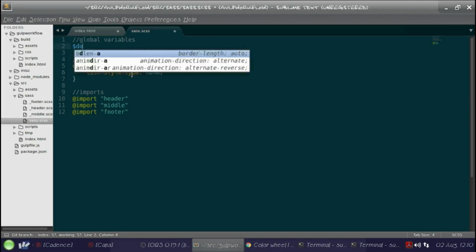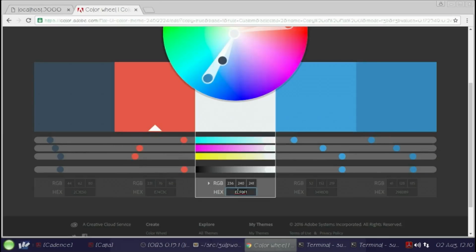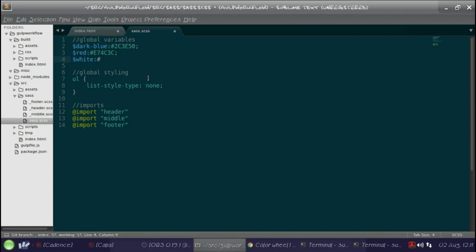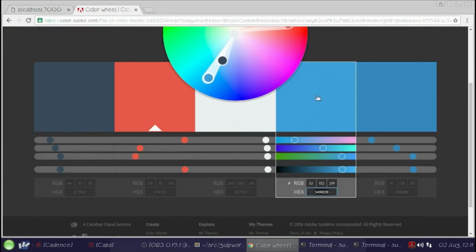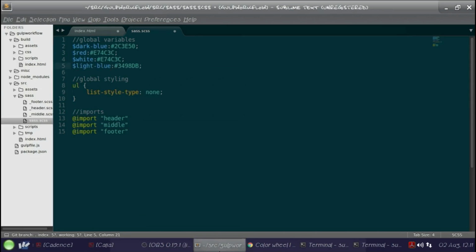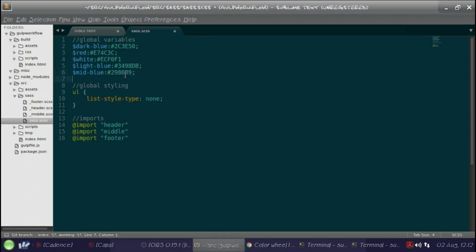So I'm going to put that's dark blue, right, okay, so those are global variables. I can reference those global variables anywhere that I want to